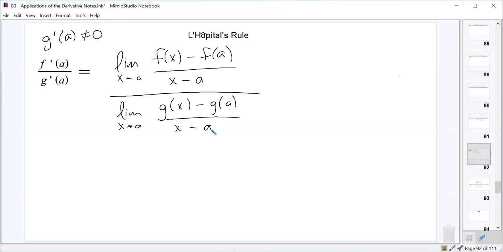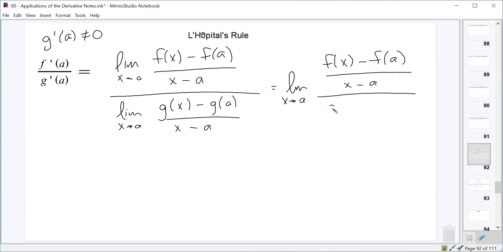And when we have two different limits that are separated by division, as long as the limit in the denominator is not equal to 0, which we know is the case because we already stated that g prime of A wasn't equal to 0, we can turn that into one singular limit. So we can just now call this the limit as x approaches A of f of x minus f of A over x minus A over g of x minus g of A